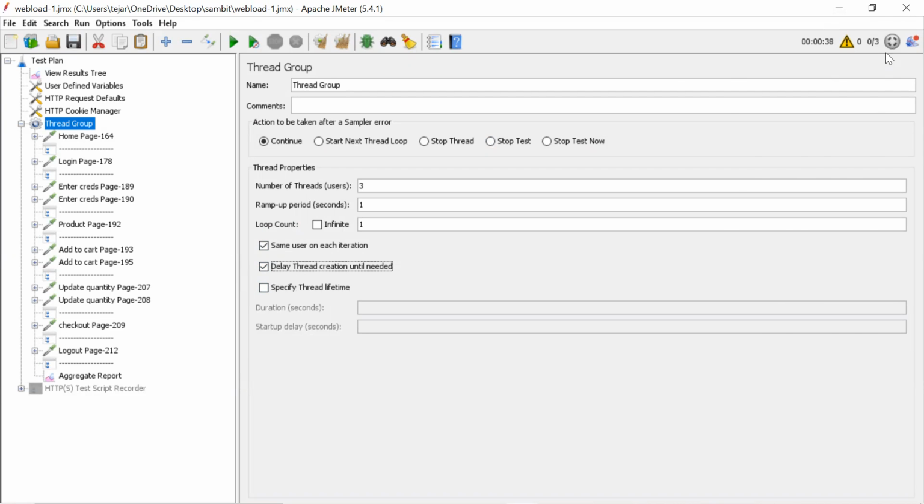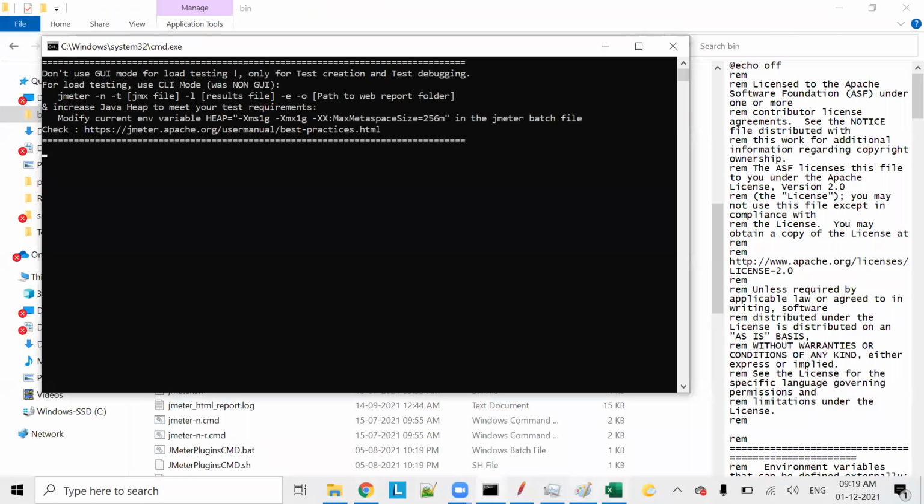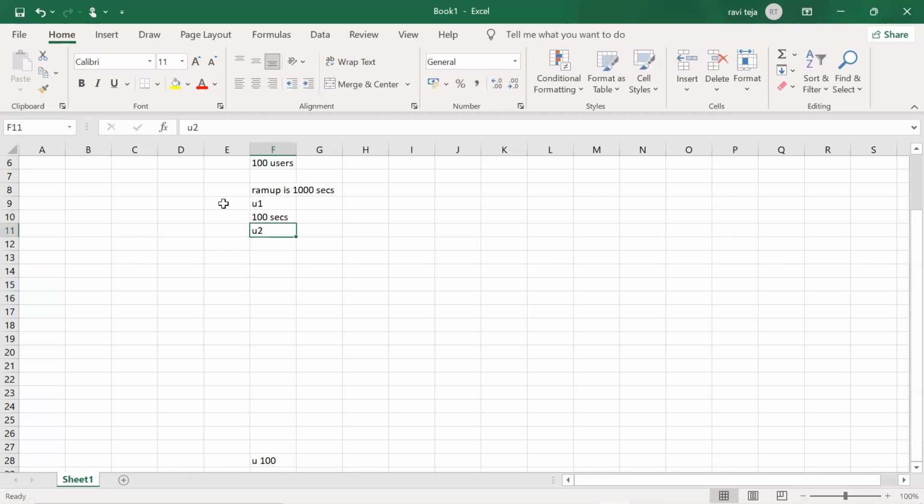If you check this mark, it won't allocate memory for all 100 at this time. It will allocate memory whenever it's required, so that we can save some memory without blocking. Basically, do we need it in real time? At runtime, if you're going with a low configuration and higher load, then we need it. But if you have a high configuration machine and a small load, then you don't require it. But to be on the safe side, when I'm going with higher load, I always check that box.